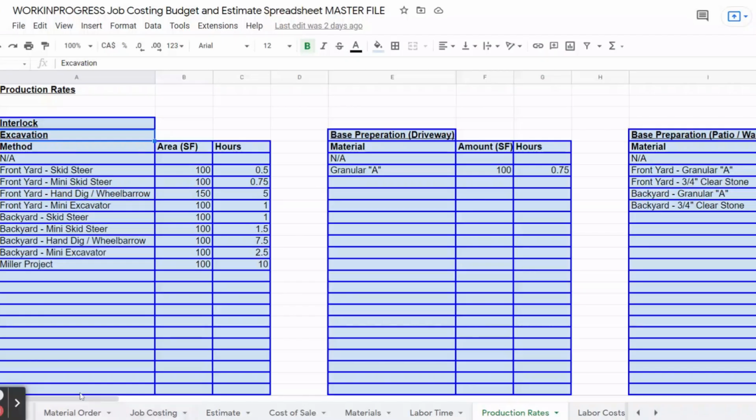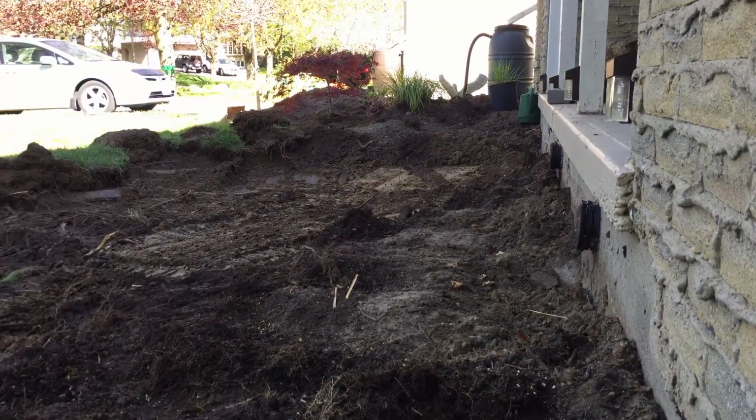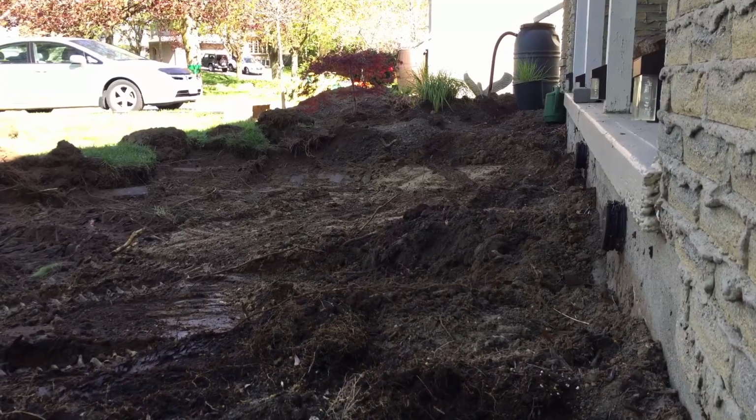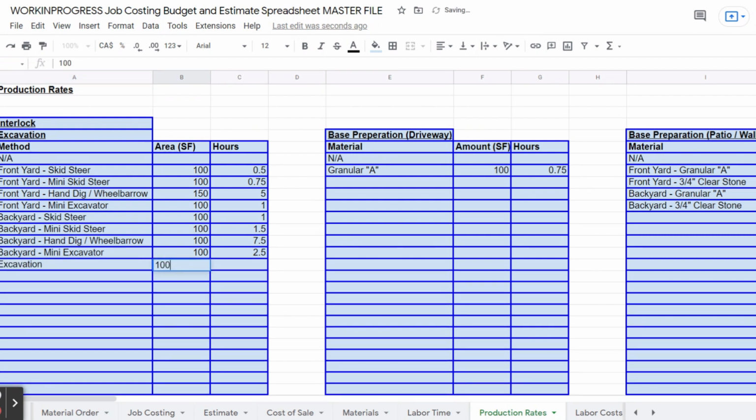So in our business, we use production rates. We keep track of every task in building that project and how long it takes us in the square footage on that project or the run to the backyard for that project so that we can create an average. So let's take this for an example. If we're doing a 100 square foot excavation for a patio and that excavation takes us 1 hour to do, we're going to add that to our spreadsheet. If then on the next project that's 200 square feet and that takes us 2 hours to do, it's still that average of 100 square feet for every 1 hour, and that is our production rate for excavation alone.